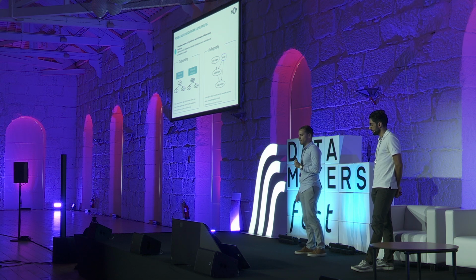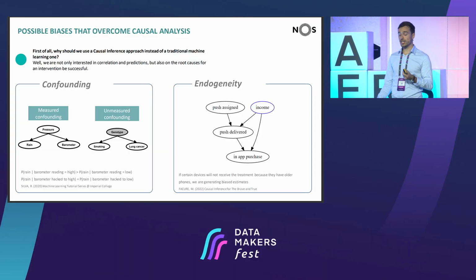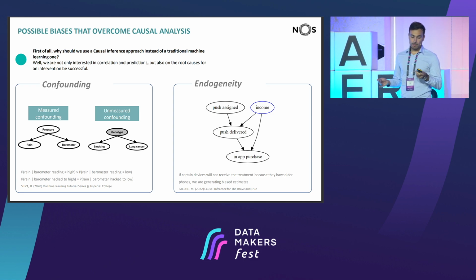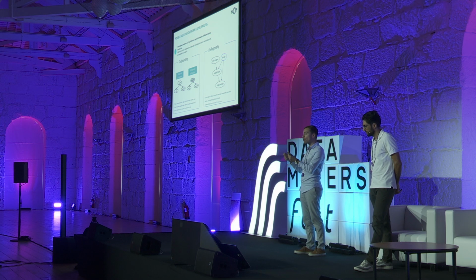Let's talk now about a more complex example. Let's say we are interested in studying lung cancer and the effect of smoking on lung cancer. There are variables that we cannot measure, for example, the genotype of the people being studied. And since they interfere both in lung cancer and also in the likelihood of that person to smoke or being addicted to smoke and so on, this could be a factor that could bias our estimates. And the fact that we can have unmeasured confounding leads to this problem that we have on the right,